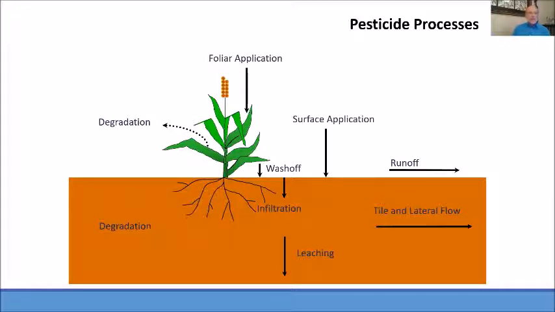We're using the GLEAMS type approach with foliar and soil half-lives. We do estimate how much is coming in the lateral flow and in the tile flow, and how much is available to leach ultimately into the aquifer. As far as watershed applications, we have worked with Mike Winchell on applying, if we have, say, 100 fields in